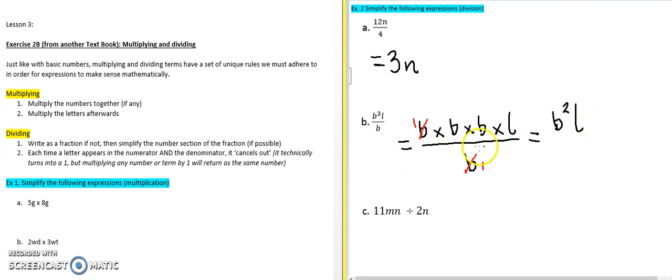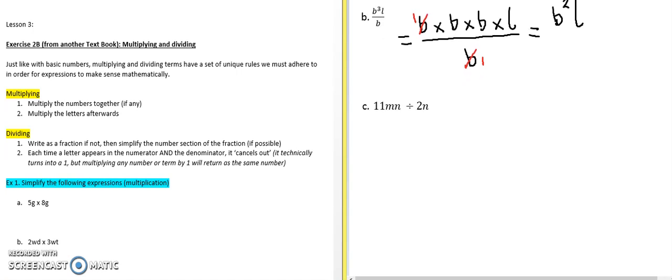Now this over 1, when I divide any number by 1, it still remains as that same number. So technically there's no point writing divide 1. I just leave it as is. So all we have done in essence is just cancel 1b out, 1 from the bottom with the top. Well, that power has just gone down by 1. Okay, so b squared L. That's the final answer. And third one,